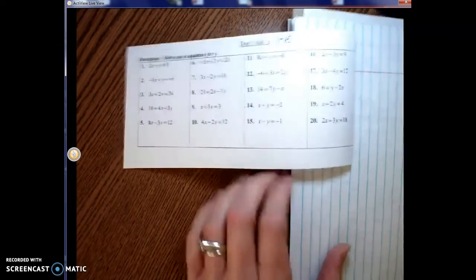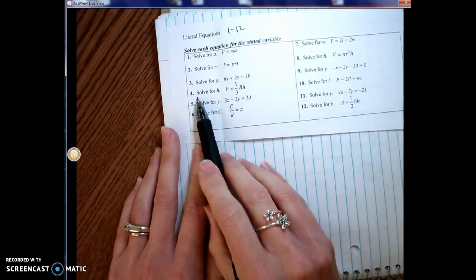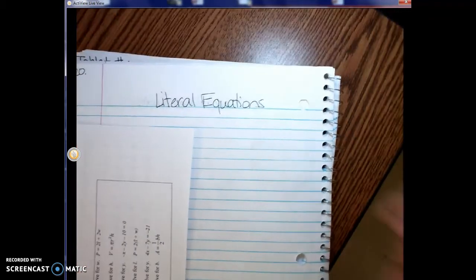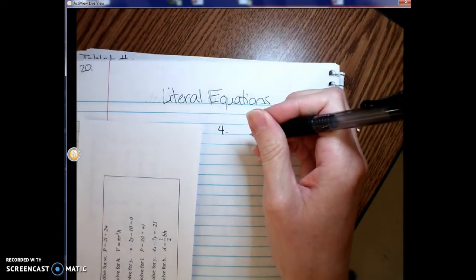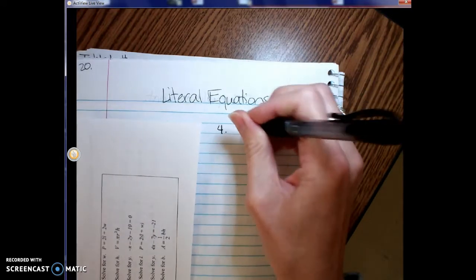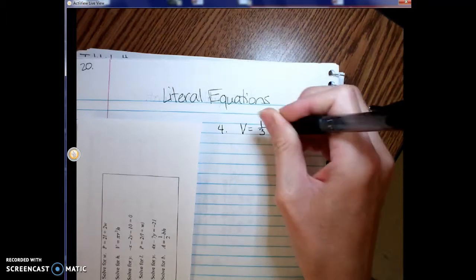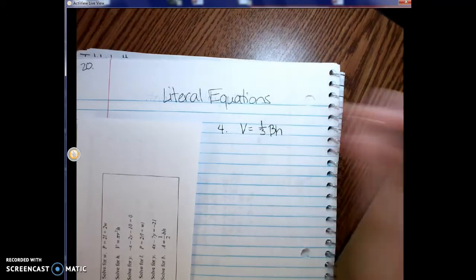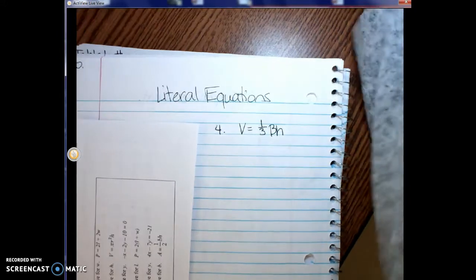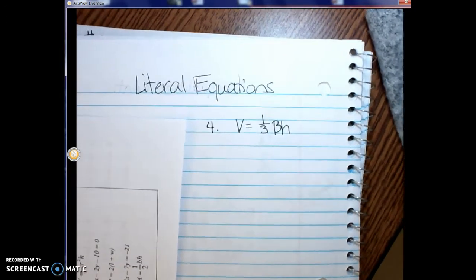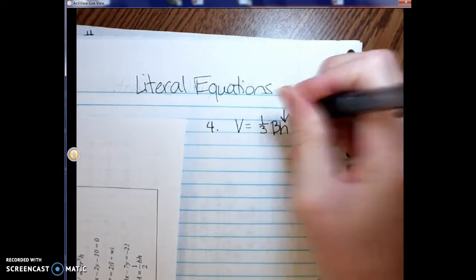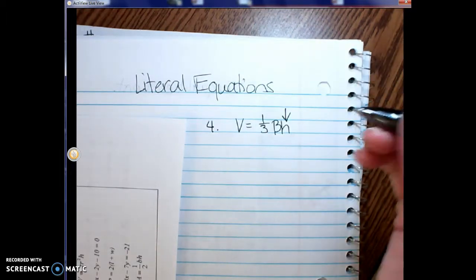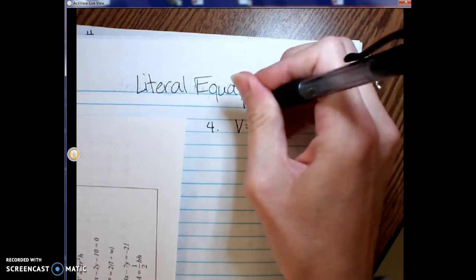Okay? Looking on the side that says literal equations, problem number 4, I know caught people a lot yesterday, so I'm going to work that out real quick. Problem number 4 has the equation, or the formula, V equals 1/3 base times height. Nice volume formula. So if we want to go through and work this out, the problem also tells us that we are solving for h, so I'm going to put my arrow pointing to my h, and then it's just a matter of working through my order of operations,